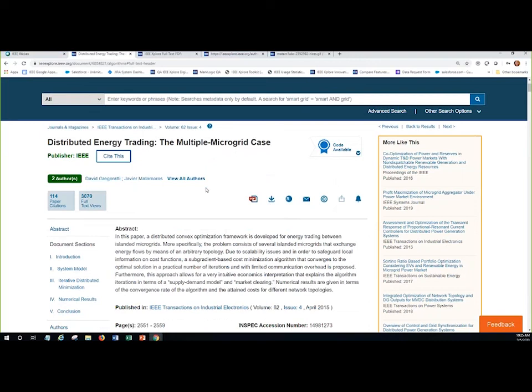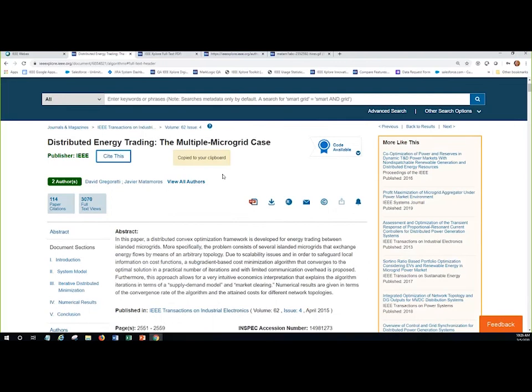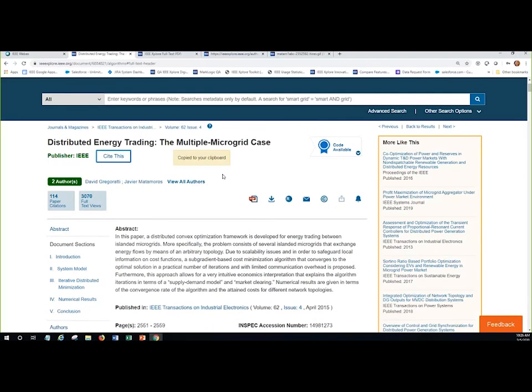If you just want to grab the plain text, you can also use the new Cite This feature, which allows you to quickly just copy the article citation in IEEE style. You can email a link of this article to someone. You can request permission for reuse. And you can even set up an alert to be notified if anyone in the future cites this particular article.